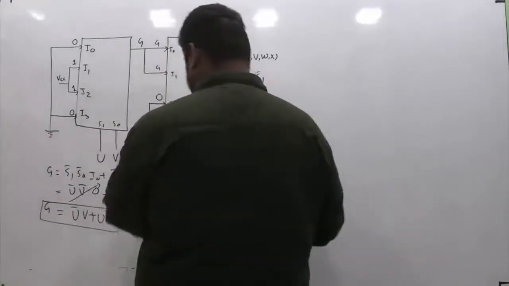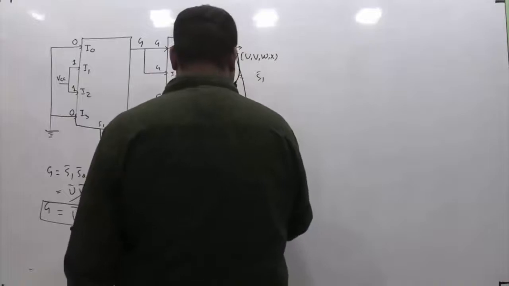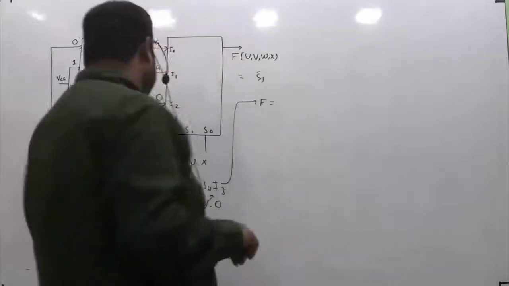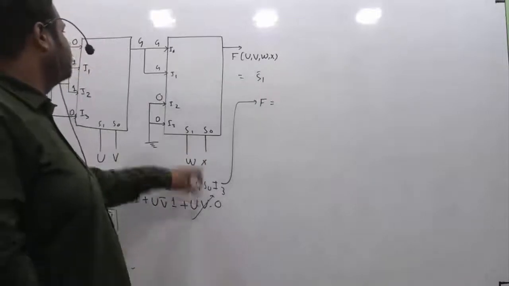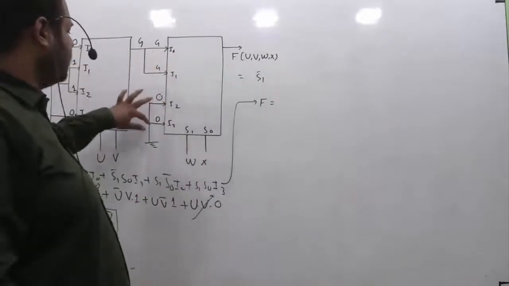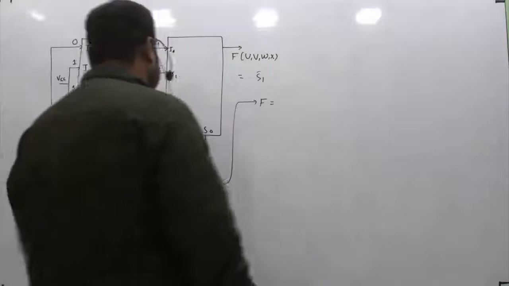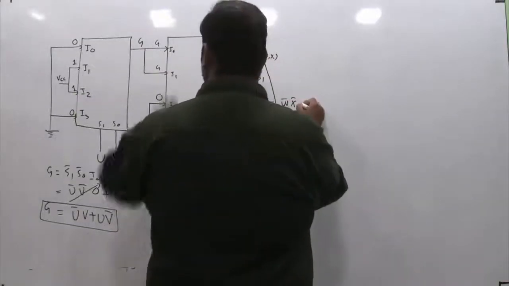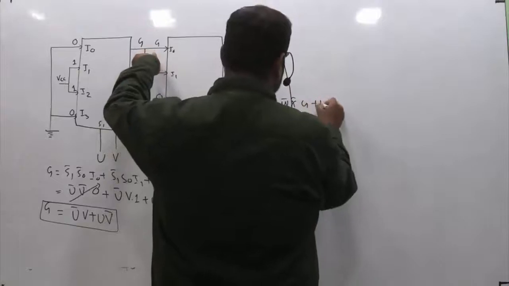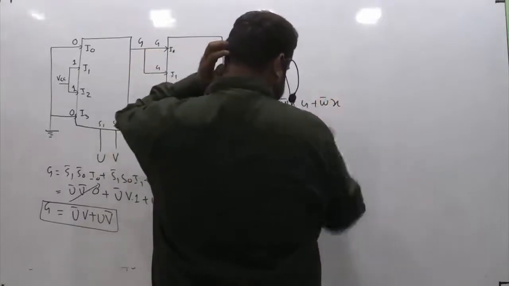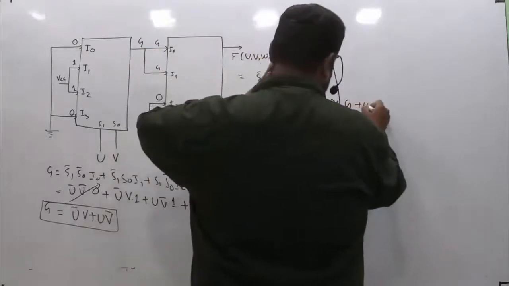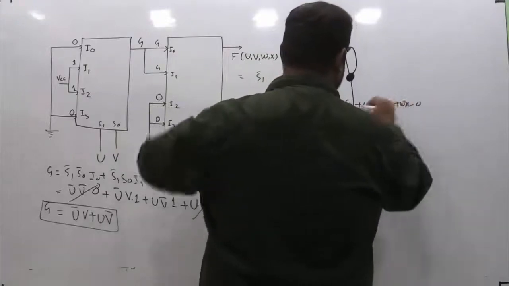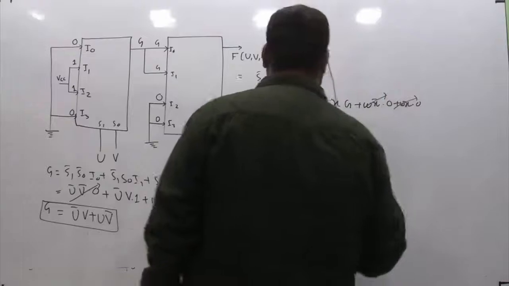Again the same expression we will be getting, and in this expression if I substitute S1 is W, S0 is W, and I0 I1 are G G and I2 I3 are 0 0, then I will get F equals W bar X bar G plus W bar X G plus W X bar 0 plus W X 0. So this term is 0, this term is 0, right?